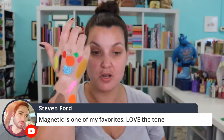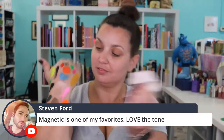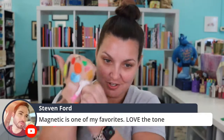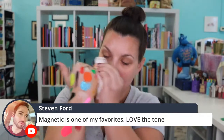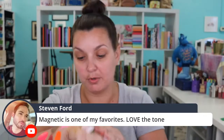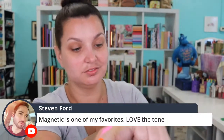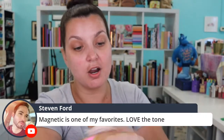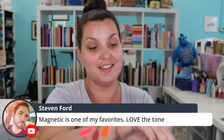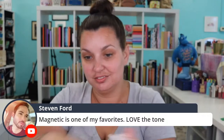Okay, so pretty much most of the ones on my hand are now dry. But you have to scrub at these to get them off once they're dry, or use a good makeup remover, because they don't like to go anywhere, which is part of the reason why her products are good, because you can use these in so many different ways and then they stay put. But yeah,